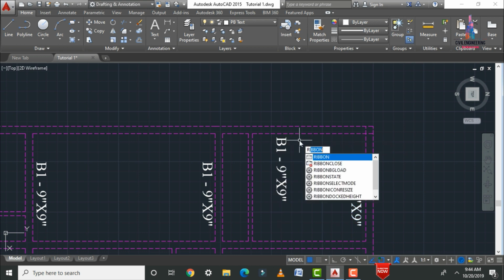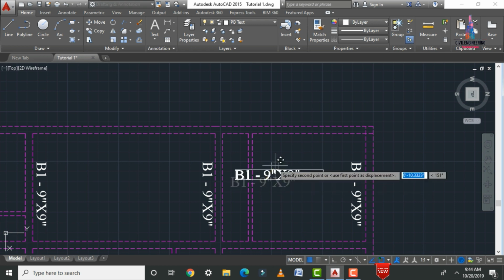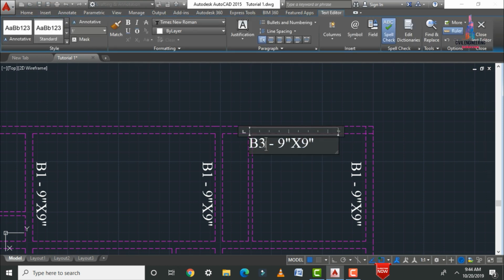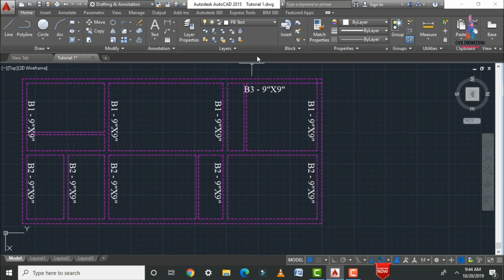So RO, enter, rotate. Select this respected text, click on rotate to 90 degrees. Then M, enter, select this respected B1. Here we have to rename this respected text B1 to B3, which is also 9 inches cross 9 inches. In this respected line B3 is the same, so that's why we have to copy, select this B3,